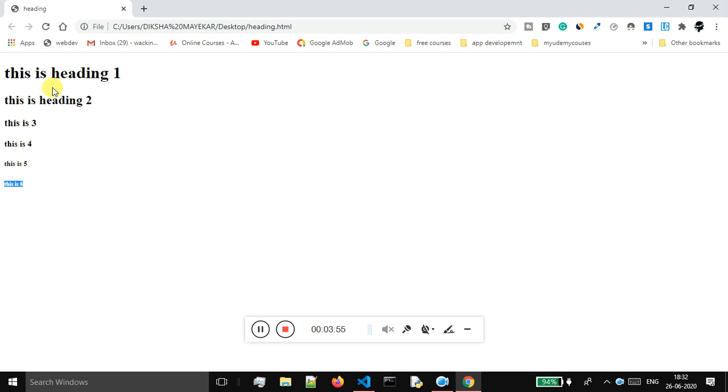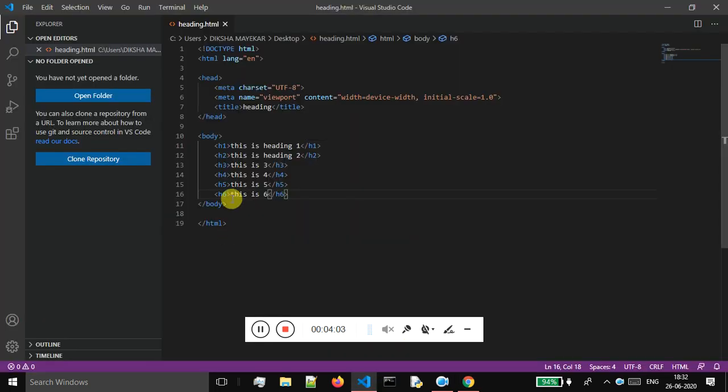So if you want to display the headings based upon size, you can make use of the 6 headings. You cannot make use of an h7 tag, so there is nothing like h7. There are only h1, h2, h3, h4, h5, and h6. So basically in HTML you will only find 6 heading tags, and you can use them to give headings to your page.